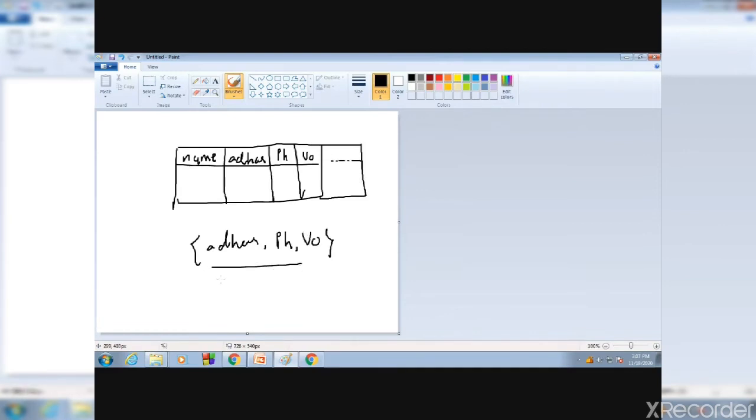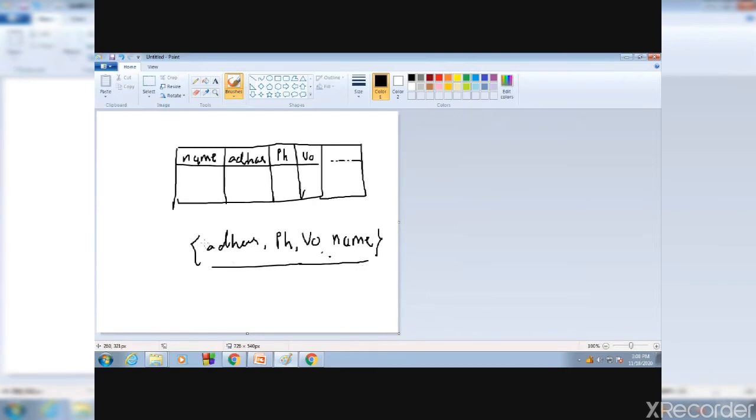So here this is my super key: Aadhaar card is there, phone number is there, voter ID is there. Along with this, if I am given the candidate name also, can I derive the entire tuple? Yes or no? If I am able to derive it, this is a super key. Since from Aadhaar card, voter ID and phone number I can already derive the entire row individually, if I am given name also, then also I can derive it. So this is also a super key only.